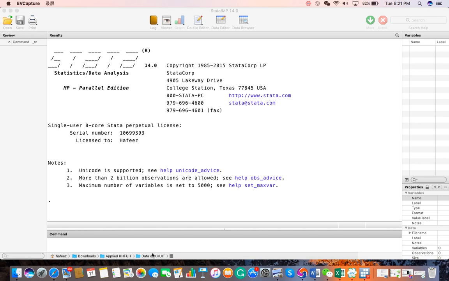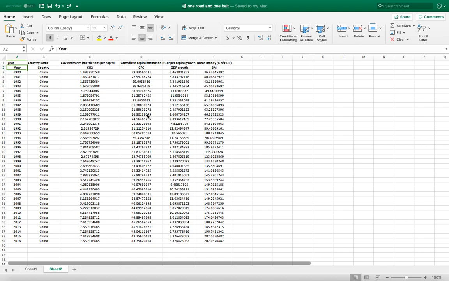Today, I will explain the procedure to create a Stata work file and data entry in Stata. For this, we must have data. For example, I have a data set for China. There are four variables. The first one is carbon emission. The second one is gross fixed capital formation, and then I have GDP per capita, and lastly I